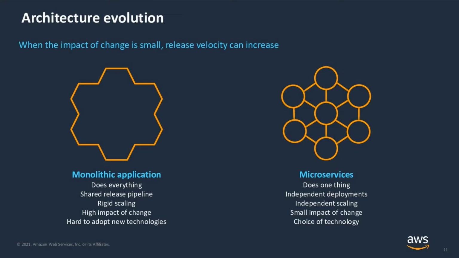Here's how application architectures have evolved to keep up with the demands of the modern business and the application landscape. Traditional architectures have been dominated by the concept of monolithic applications before they evolved into microservices based architectures. With a monolithic application, you're often limited to a single technology stack for the entire app, shared release pipeline causing friction at many points of the life cycle, interdependencies on shared libraries, and even the smallest change causes the entire app to be rebuilt, retested, and redeployed.